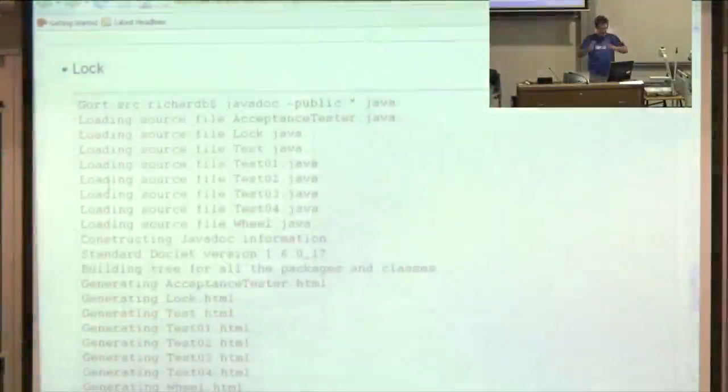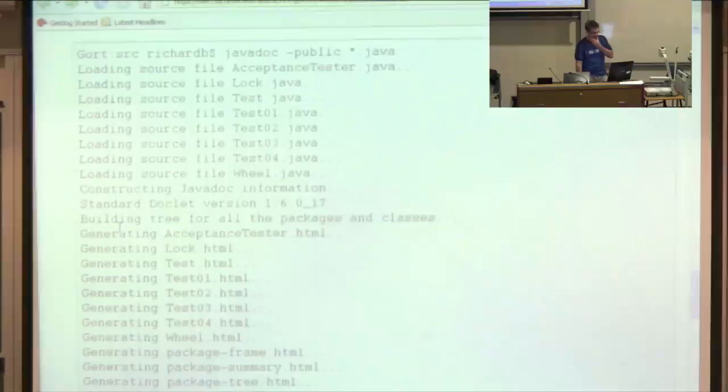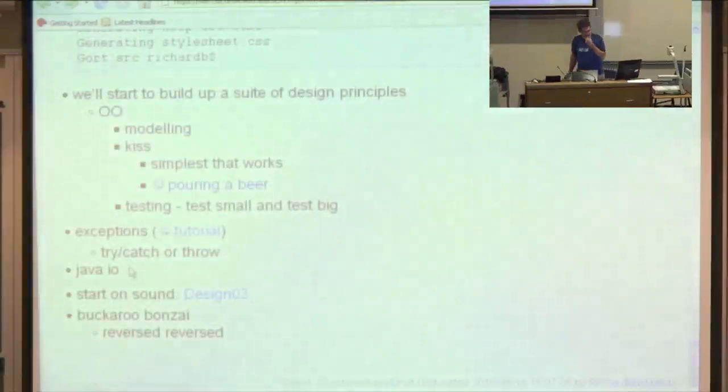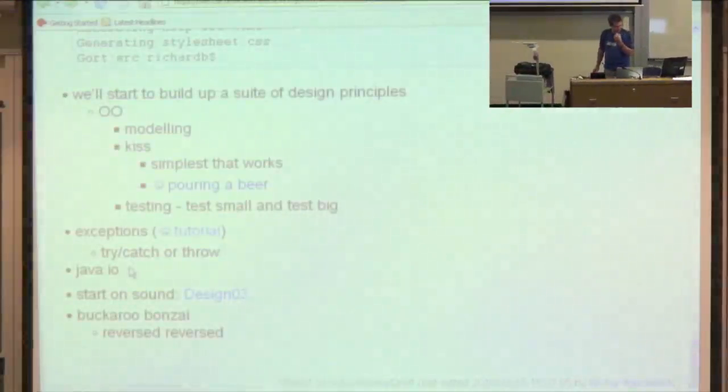Instead, I'm going to talk briefly about exceptions, and I wanted to show you my lock code, which I Javadocked. But actually, I'm going to put that up on the wiki, and you can look at that, because it's Javadocked, it's HTML, it's beautiful, so you can check it out yourself. So we'll put mine up, and everyone else's up, and everything's all right. Okay. Because I did want to show you 2 really important things that will help you a lot for design task 3.